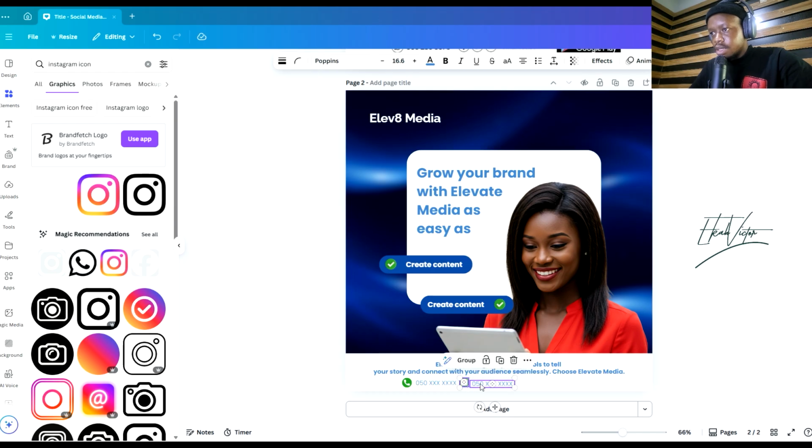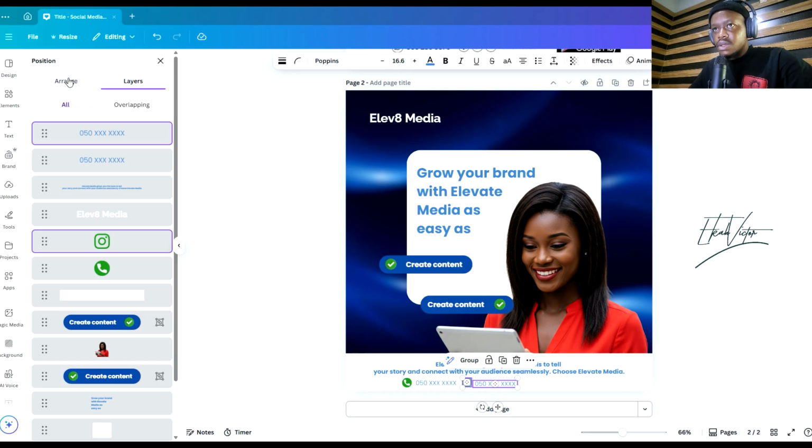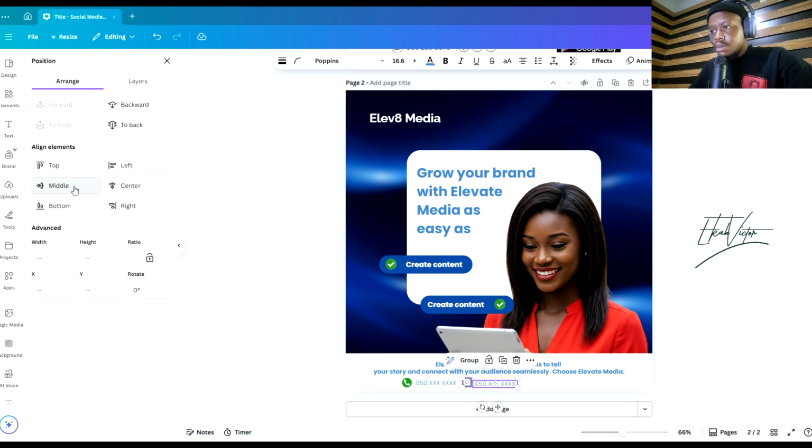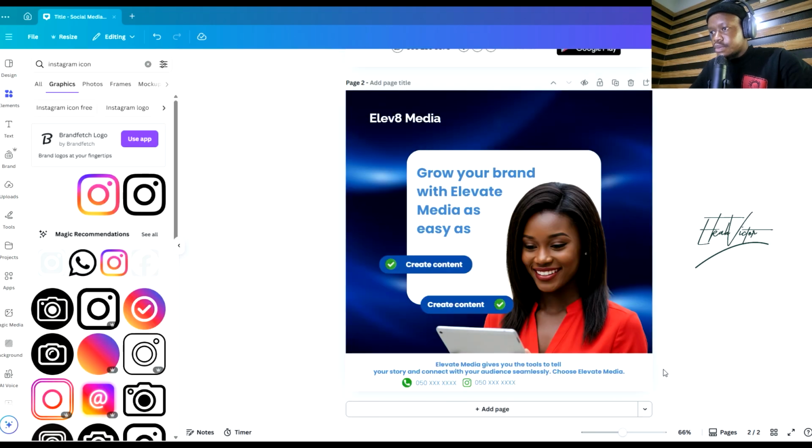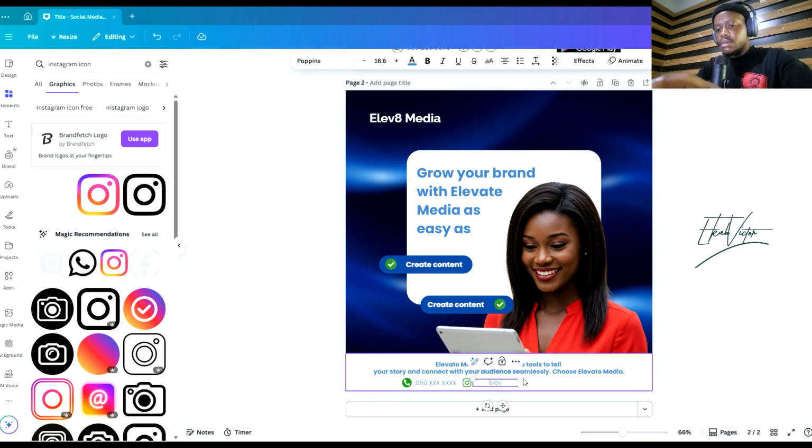Duplicate this, take two of them and give them white space a bit. Now I want to align both of them. You come here to position, arrange, middle. Now you see they just aligned together. Let's see. So now I want to use like one username,